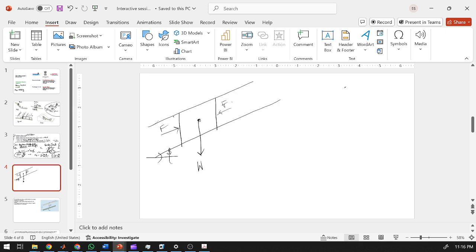So if we take this element alone, this is the force in this element, and if we are taking this as H, and this as L, let us talk about the forces that are acting on this AB surface and BC surface. On AB,